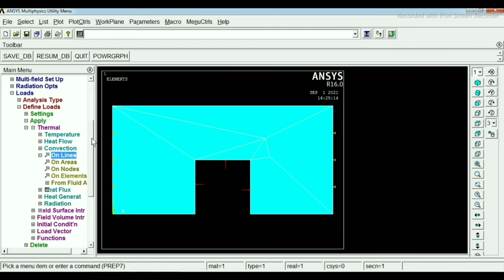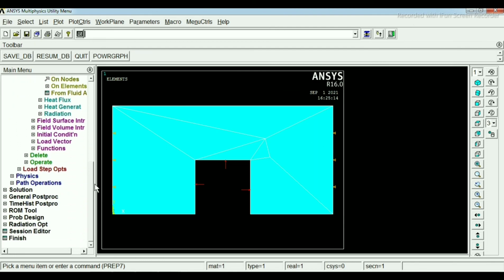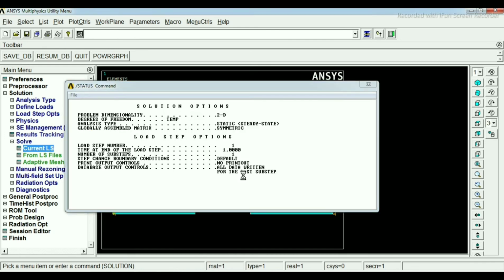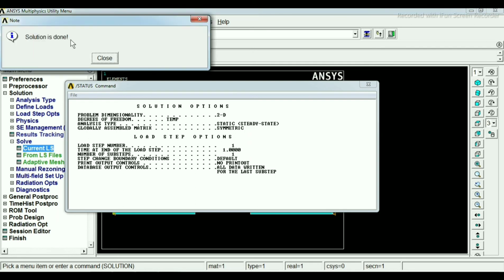Now we have to solve. For solving this, click on solution, then click on solve, then current LS, then click on OK. The solution is done, and a message comes, which means our step is correct. Now click on close.